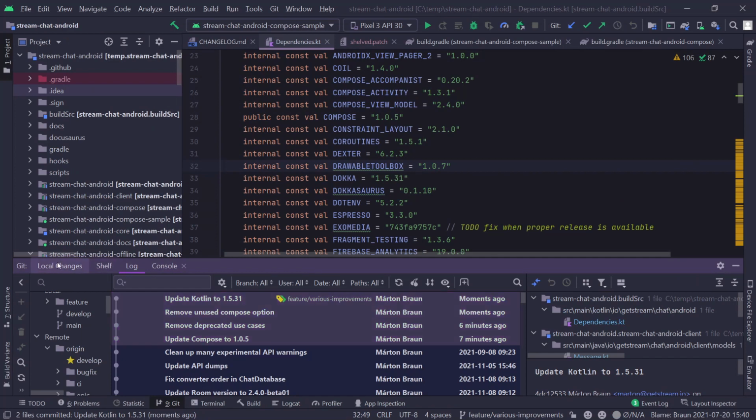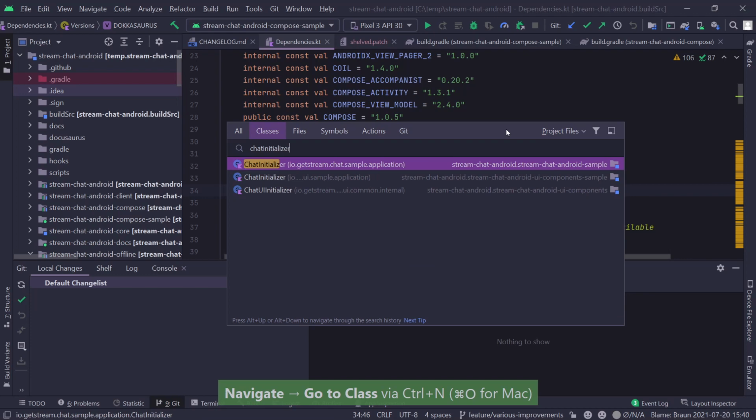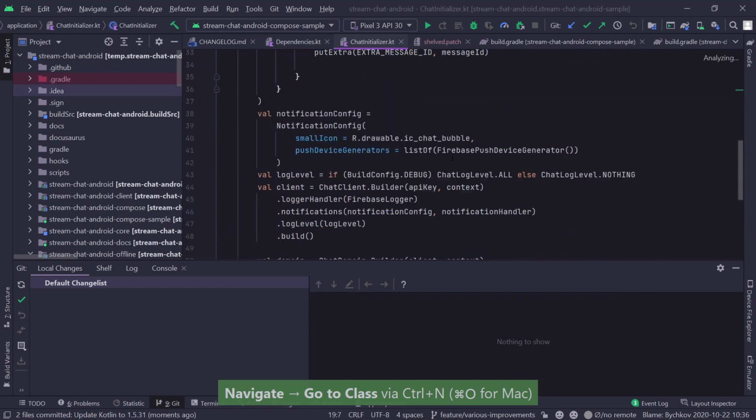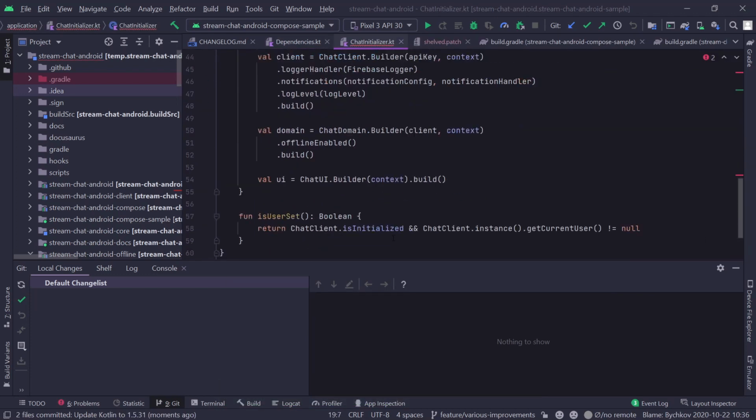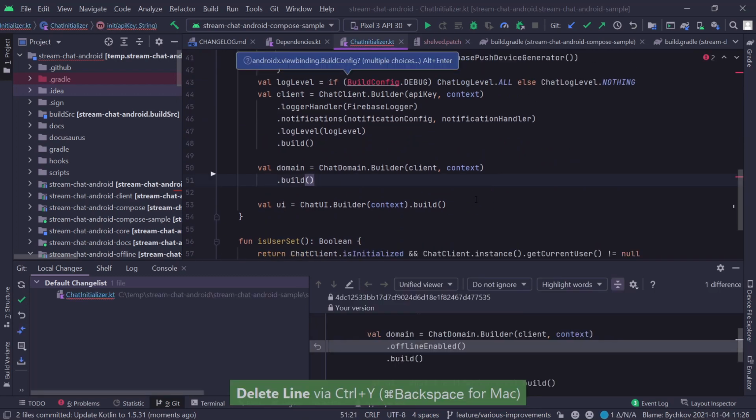By the way, if you think you never need these change lists and these local changes, something you might want to consider is that this is really useful if you want to make local changes for like testing purposes, but you want to make sure that you never accidentally commit those. For example, I can go to our chat initializer class in our library, and I could do something like remove the offline enabled line from here. So let's say that I want to do some,